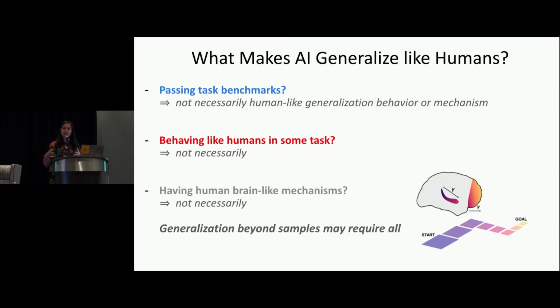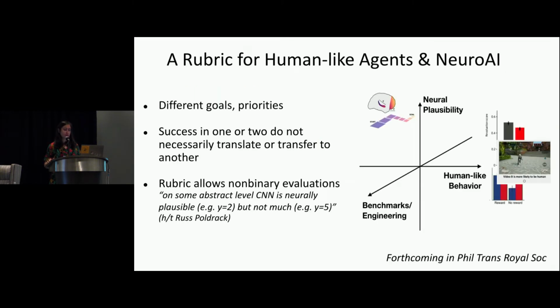So generalization beyond samples, getting human-like behavior, might require an approach that is truly looking at all of the axes that I had proposed earlier: human-like behavior, neural plausibility, and the benchmark engineering approaches. And to which extent you might need to borrow or go through each of these in order to create a state space of success for your own directions might benefit from having a standard in the field, some library like what Arthur and I will talk to you about at the tutorials. Some approach where you can have all the tasks in one format and you can automatically run a number of different models on them, from the tasks that are important from the field.